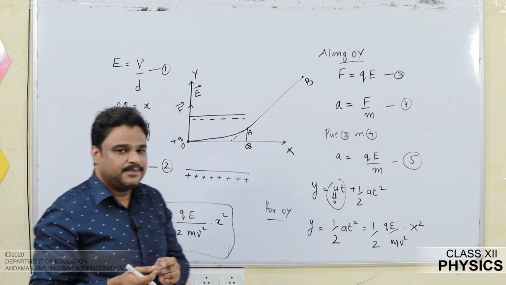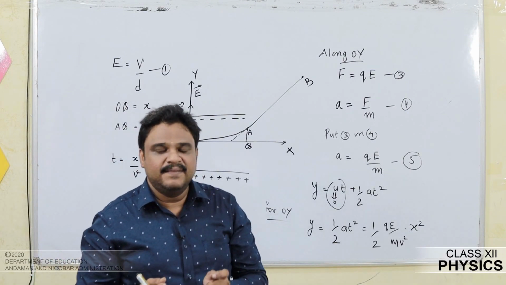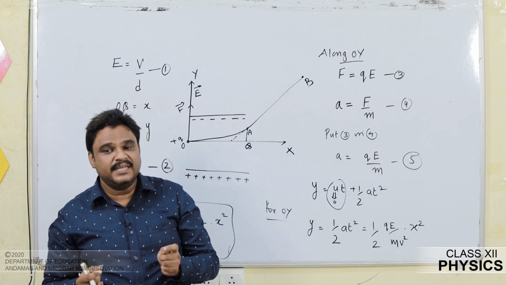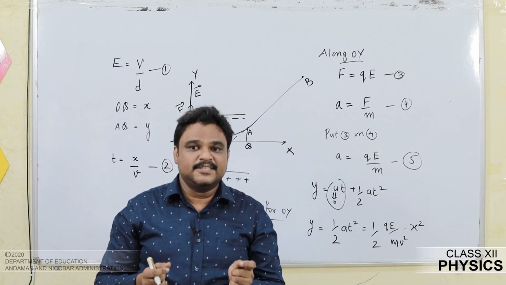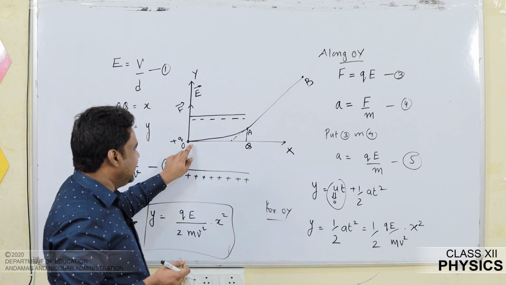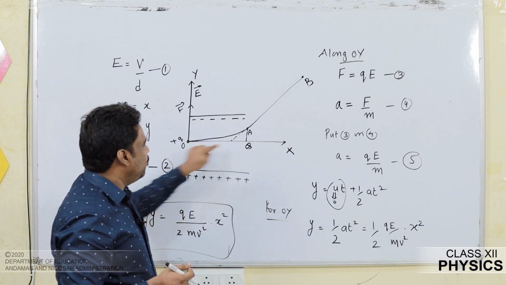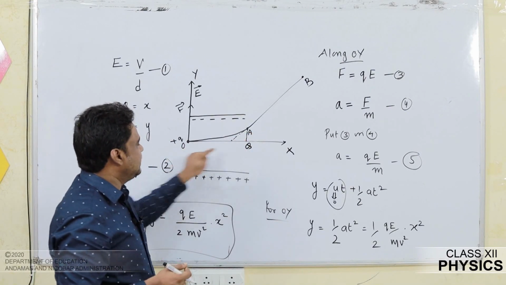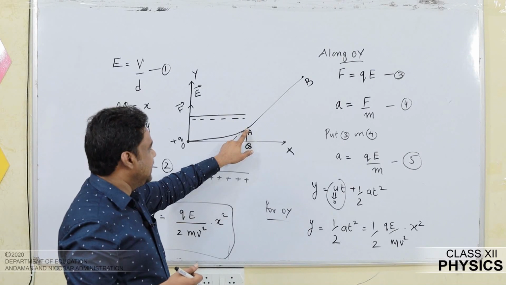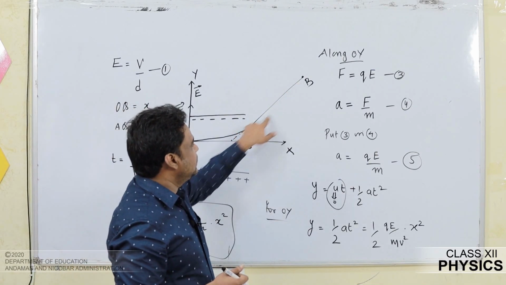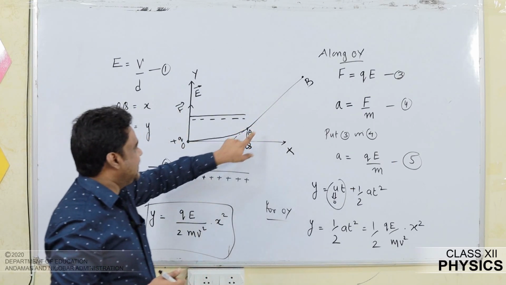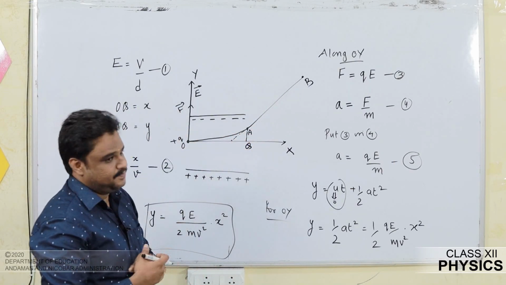So what will happen? The question is whether the charged particle will move in a straight line or travel a curved path. Very surely, since it is a positively charged particle, it will be attracted towards the negative plate. Obviously the path will not be straight, rather it follows a path OA. Once it comes out of the electric field, it again becomes a straight path, as if you have drawn a tangent at point A.